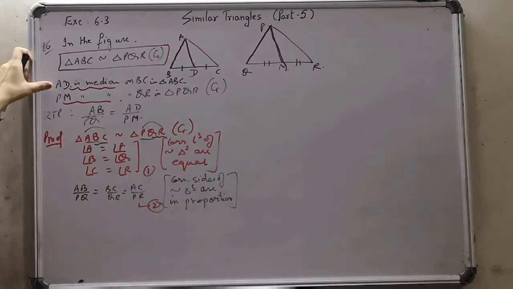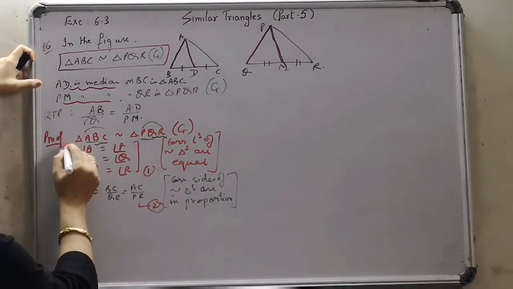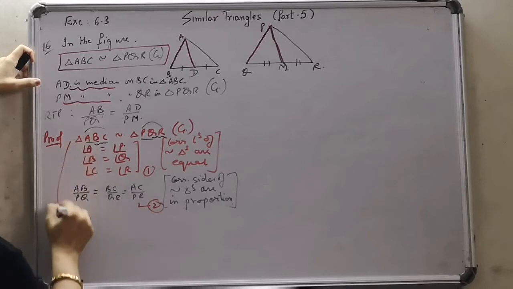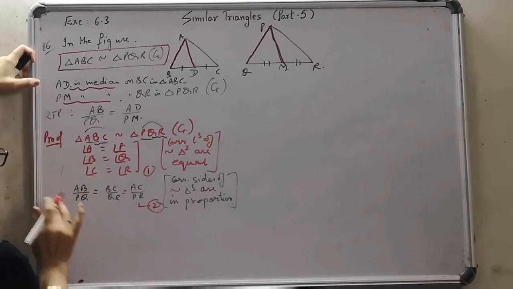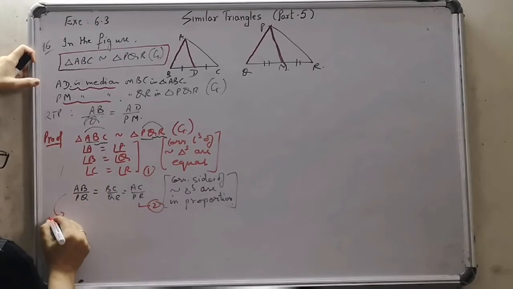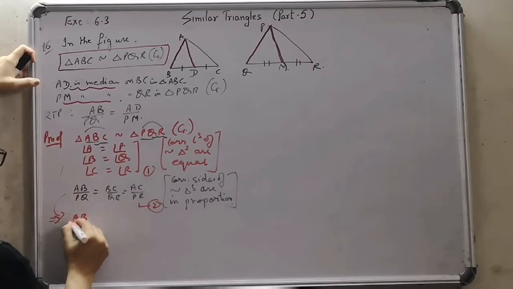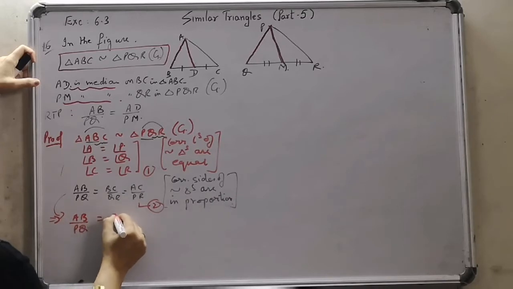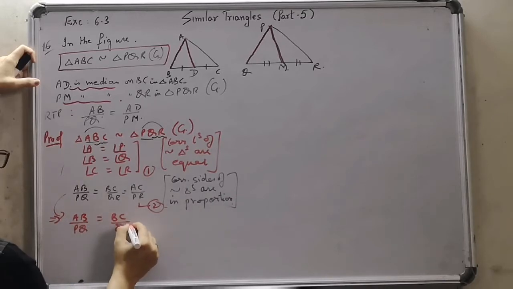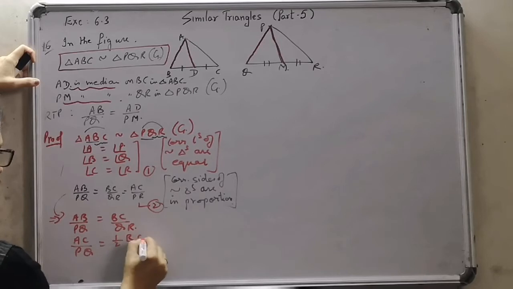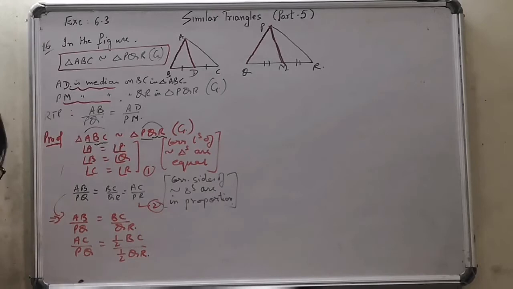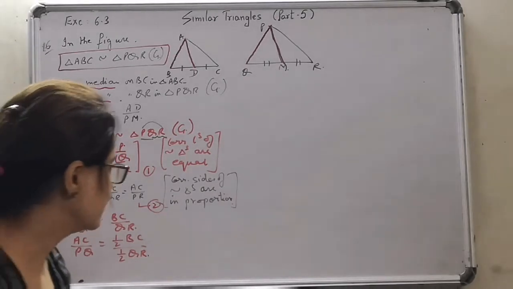Now we are again concentrating only on this part, rather we'll move from this step to this. This implies का सिंबल डाल दीजिए, AB अपॉन PQ इज इक्वल टू BC अपॉन QR. और इसके बाद इस चीज को हम ऐसे भी लिख सकते हैं, इज इक्वल टू हाफ ऑफ BC अपॉन हाफ ऑफ QR. ये मैं आपको एक एग्जांपल देके समझाती हूँ ये बात को, फिर you'll be understanding in a better